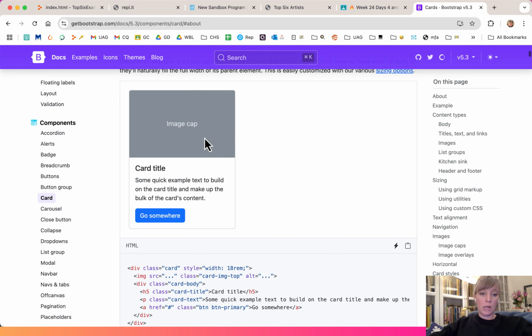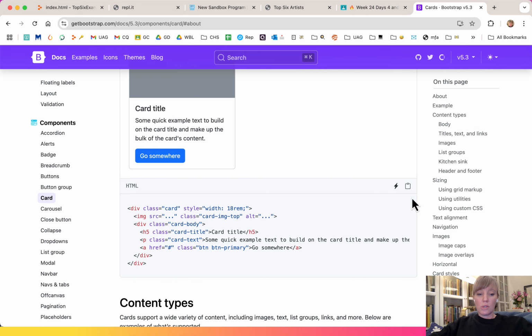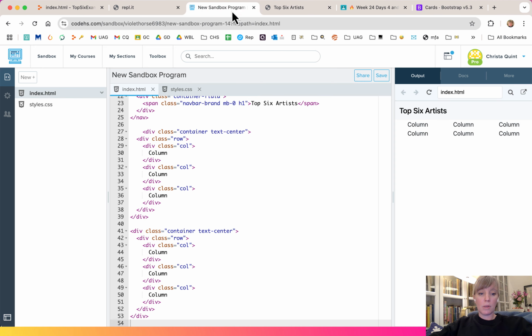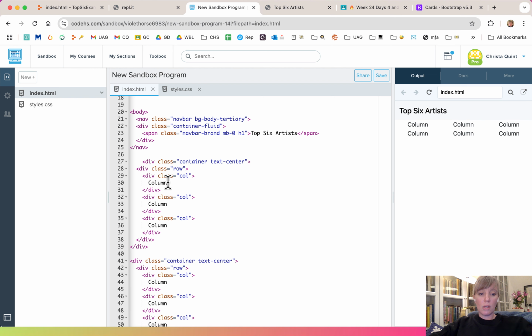This card allows me to put an image here, I can title it, I can put some information here, and then I can have this be an anchor tag. So here, I'm going to grab this, and I'm going to go back here, and wherever it says column here,